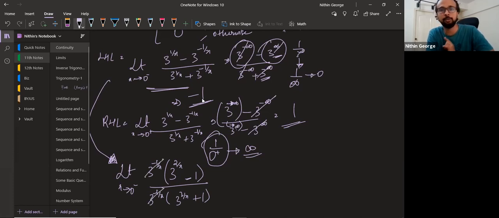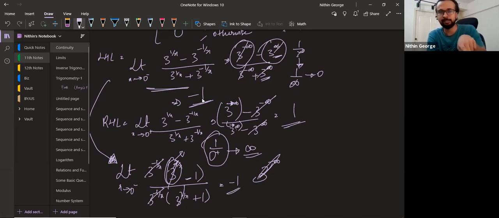You know it is going towards a huge positive value, 3 power minus 1 by x. But I'm cancelling it out because it is not exactly infinity. x is not exactly 0 here. x is a value a little lesser than 0. So that is why I'm cancelling them out. And then I put x tends to 0 here. What happens to this? 3 power 2 by x becomes 3 power minus infinity, which is tending towards 0, not 0, tending towards 0. So that cancels out, that cancels out. You get minus 1 by 1, which is minus 1.